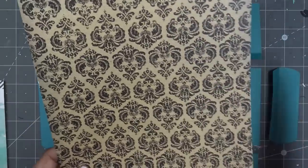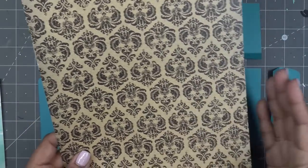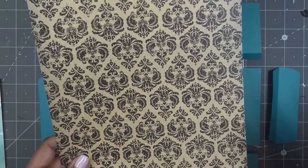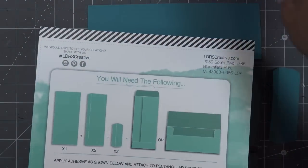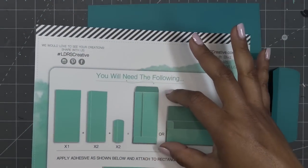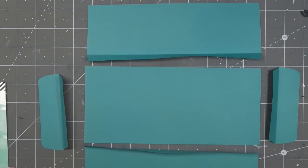So we were talking about that. But if you have a 12 by 12 that has a pattern that's just formatted in this way, for sure use it. Or I guess it would be landscape, right? And you want portrait for the long envelope, right? This one here. So that 8.5 by 11 would definitely work for that kind of